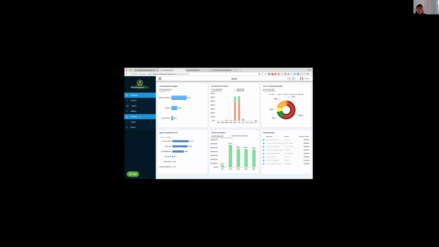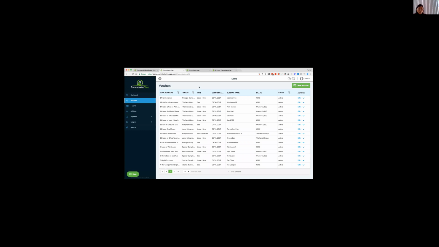The main things that I'm going to go through today are a little bit of setup. I don't want to bore you with how we set up the actual platform. And then the key three pieces, which is capture, account, and report. We'll be using our vouchers to show how we capture deal information. We'll be able to look at some of the accounting workflows, like how we automate the creation and delivery of invoices and statements, how we do deposits and automate the distributions from those,